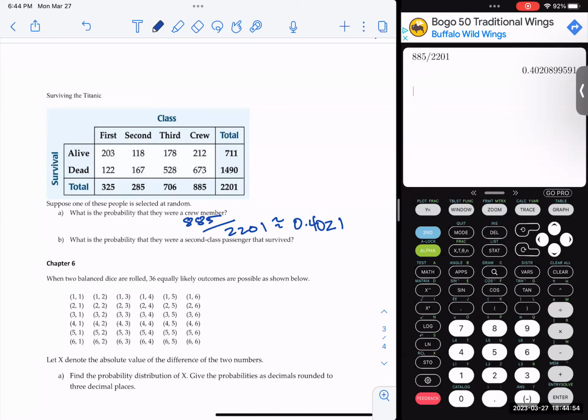You all are saying, no, we're not going to use 285. Why is that? Good, because some of those are alive, some of those are dead. What number do we want to use? Yes, fantastic. And that's 118. So 118 out of